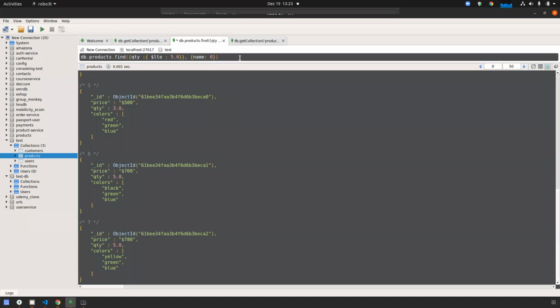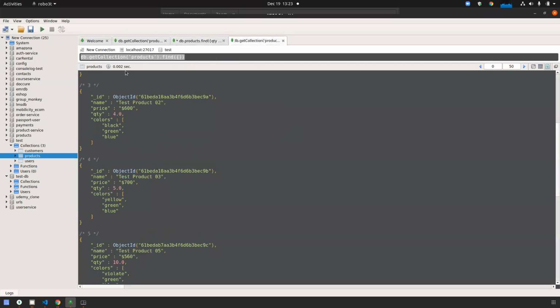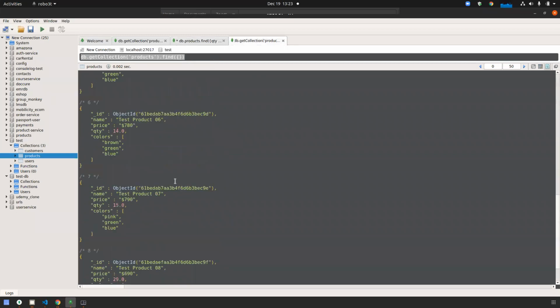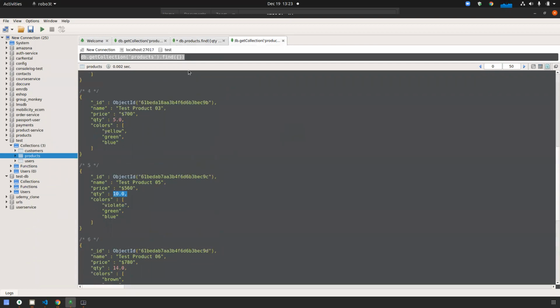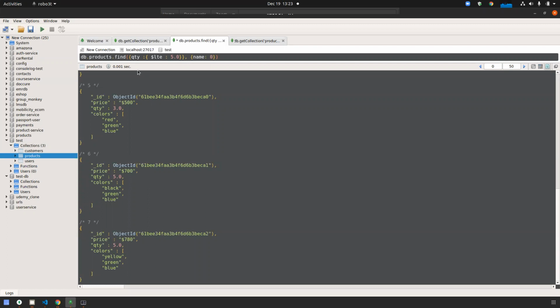But there are some other records which are greater than 5, like quantity 15, quantity 14, 10. Those are not included because we are giving the query for quantity less than or equal to 5.